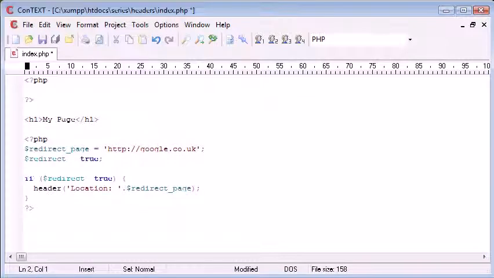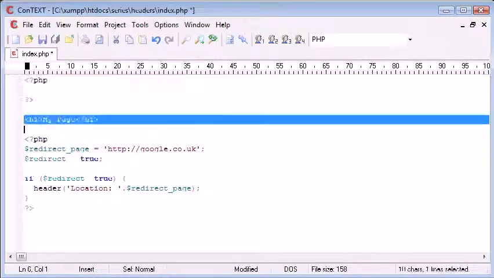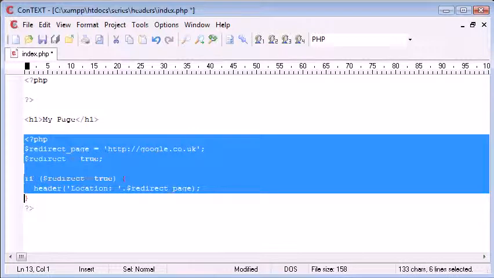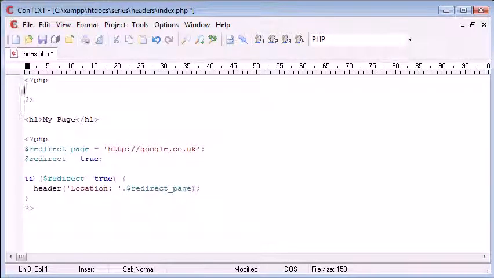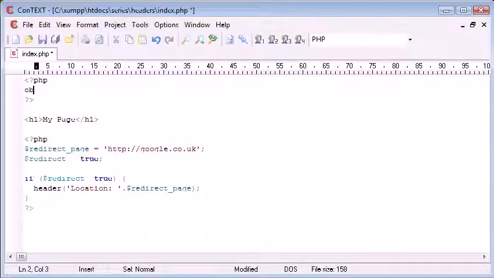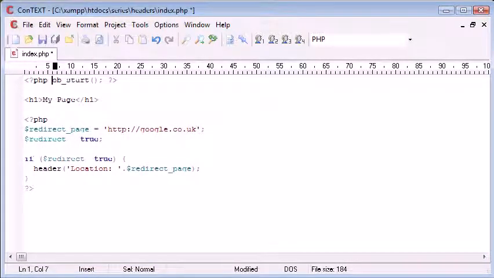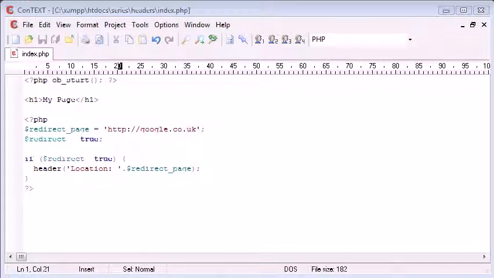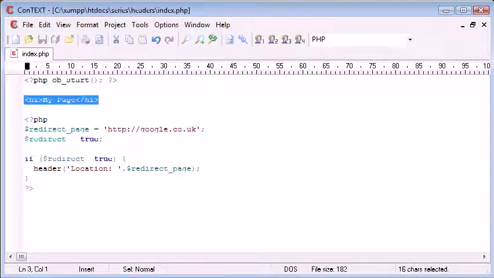So I'm going to create some PHP tags up here before my output and also before the code that uses the header. So this is going at the very top of my page before any output, and we use ob_start, called simply on its own with no arguments supplied. You can also pull this up so it looks neater, all on one line. Okay, so ob_start will not output anything on the page. Well, it will, but the page output will be stored in an internal buffer rather than